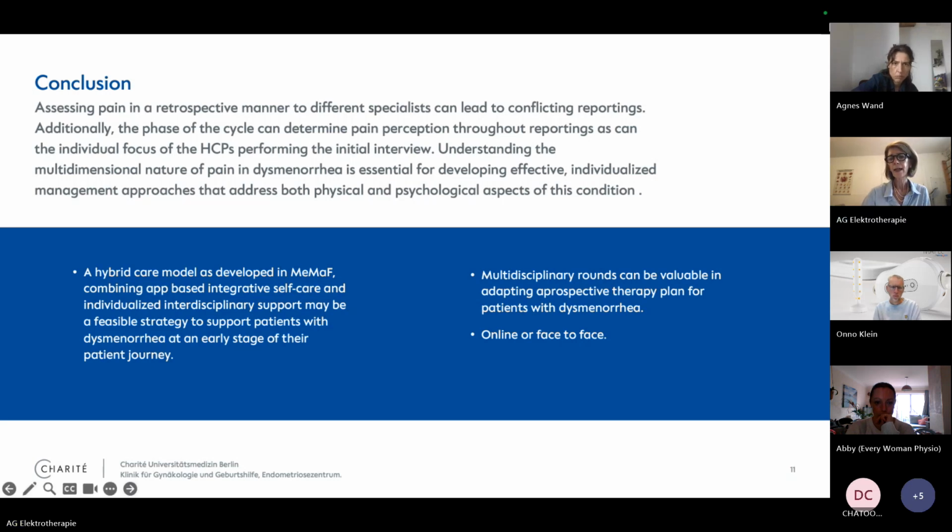And I think that's very important to see how much we could reach with not a lot of treatments. If I listen to my patients in the practice, they have a long journey to doctors and centers and whoever, or they're just alone. So the multidisciplinary roles can be available, adapting a prospective therapy plan for patients with dysmenorrhea. And that's important, online or face-to-face. It should be handled equally, because quite often,